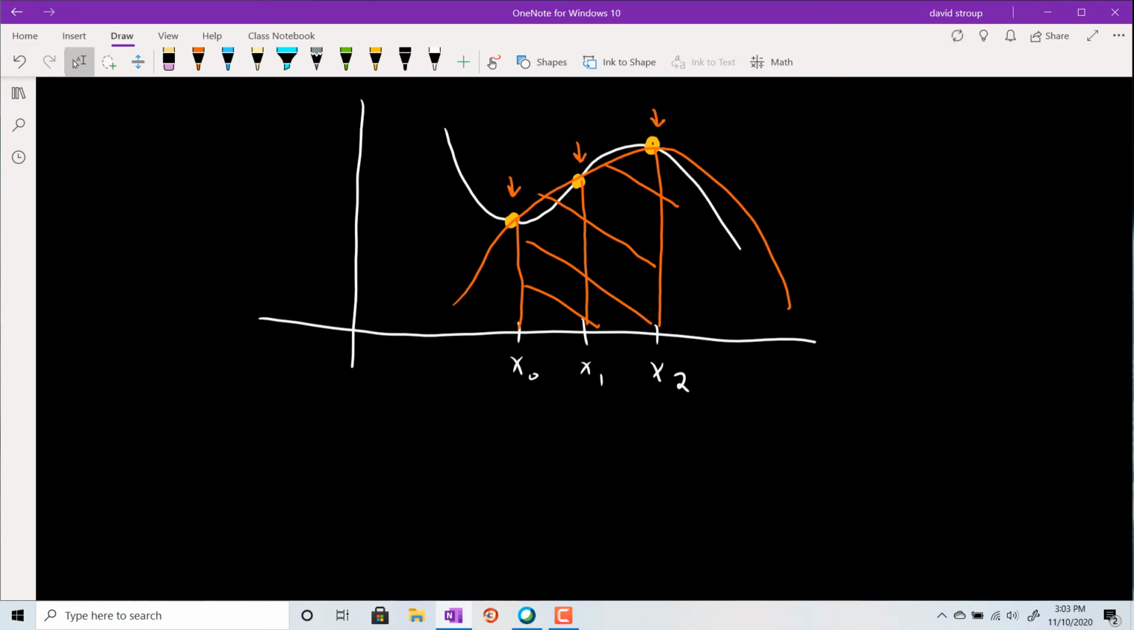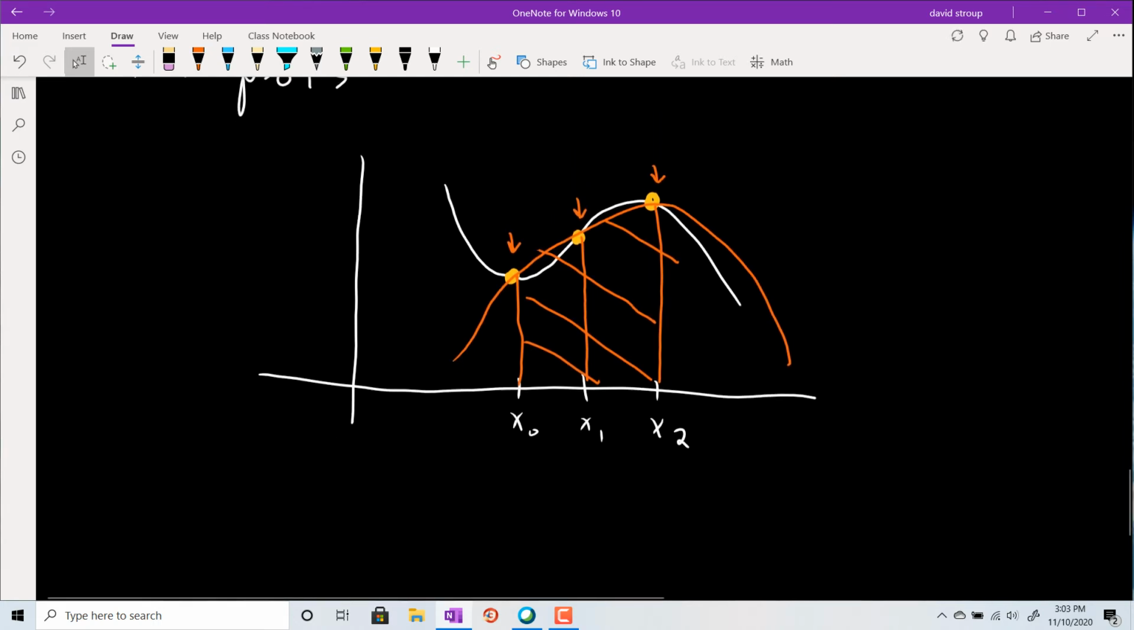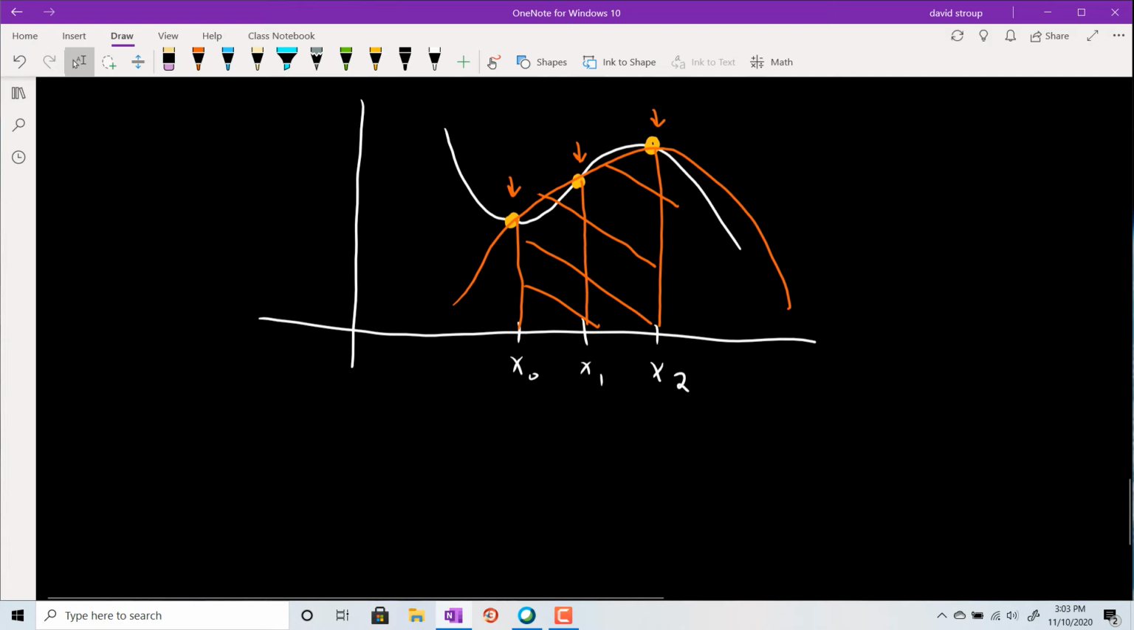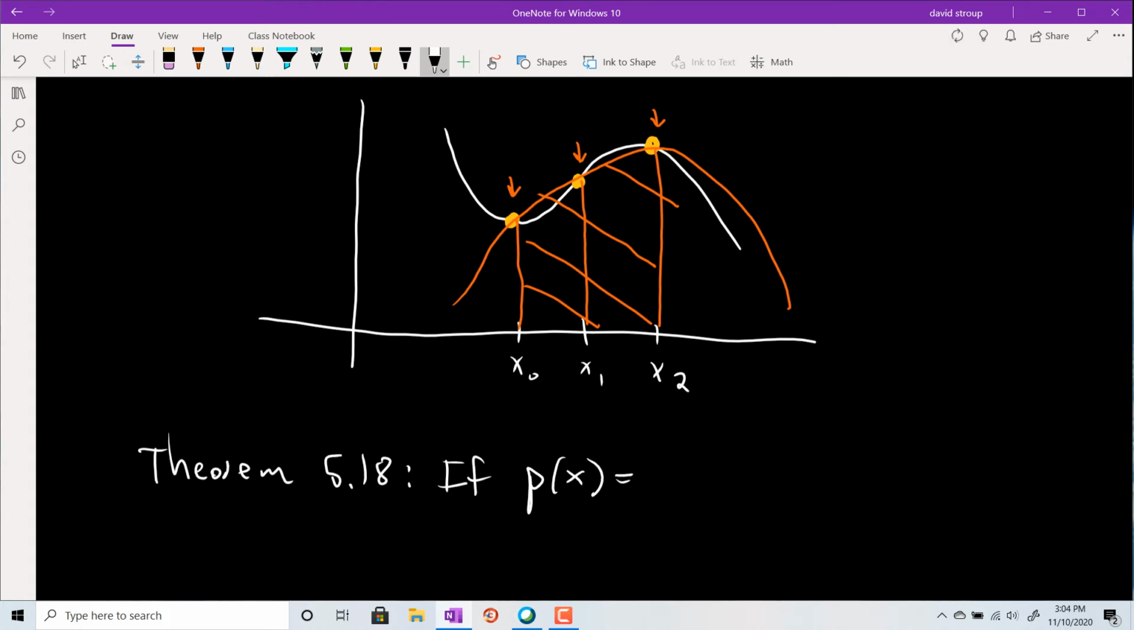And if you know those, then the area underneath the parabola is given in terms of those. And they show that in the book, but let me just write it out. It's actually Theorem 5.18. So basically, if your hypothetical parabola p of x equaled something like ax squared plus bx plus c, and